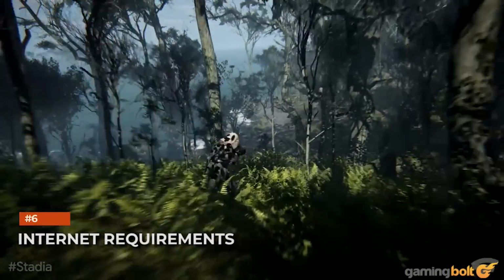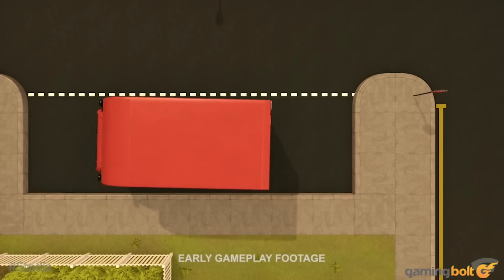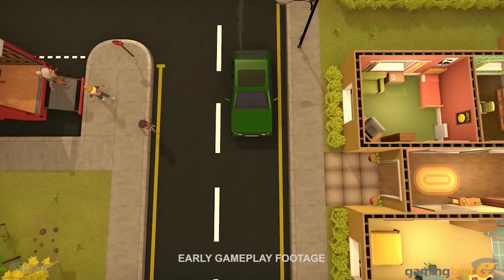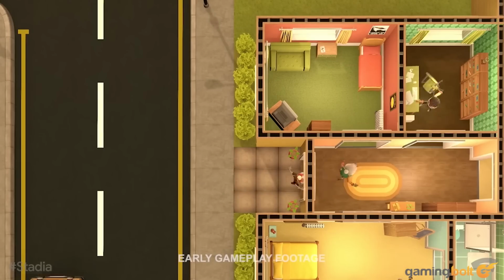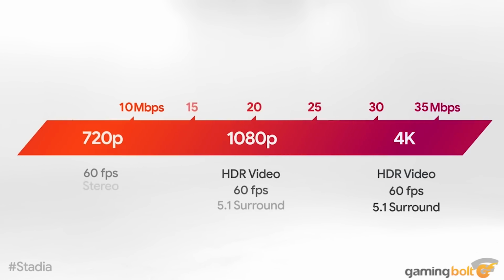Internet requirements. The biggest concern with a service like Stadia for pretty much every single consumer is going to be what kind of internet connection are you going to need to properly use it? Well, that depends on what kind of an experience you're looking for. For the baseline experience of a 720p resolution at 60 frames per second, you'll require 10 megabits per second. For 1080p at 60 FPS, you'll require 20 megabits per second. Finally, according to Google, if you want to run games at 4K 60, you'll need a 35 megabits per second